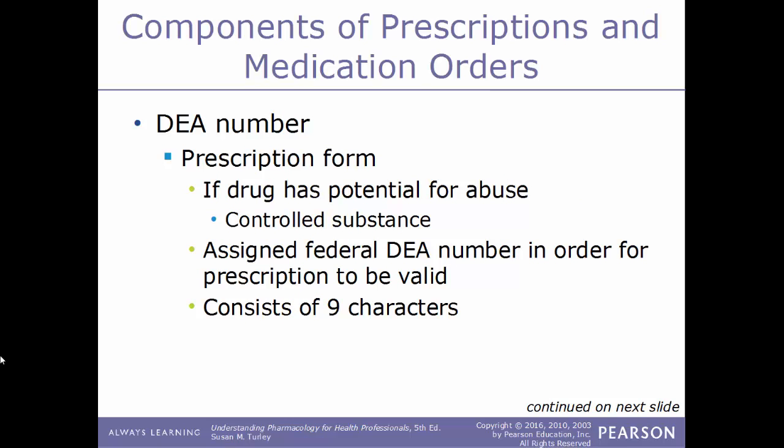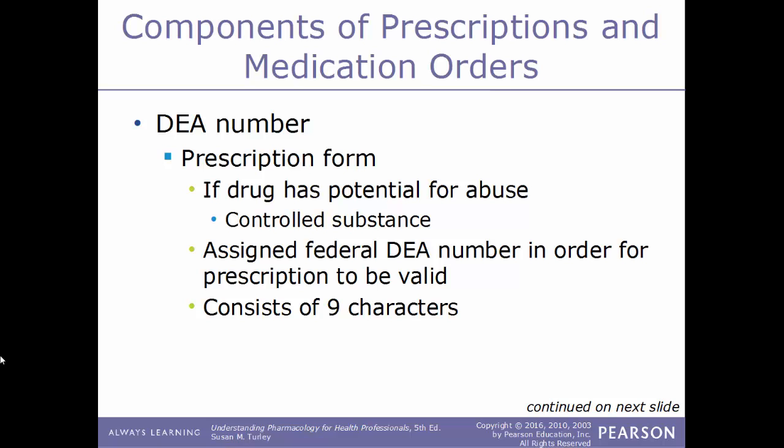Another component of a prescription and medication orders is a place for the DEA number. On a prescription form, if a drug has potential for abuse, such as a controlled substance, the doctor's assigned federal DEA number must be on the order in order for the prescription to be valid, and this DEA number consists